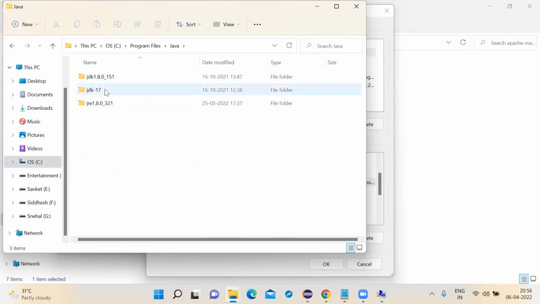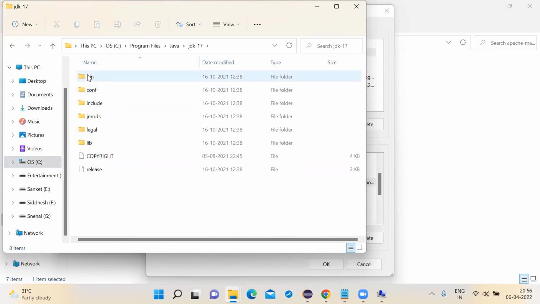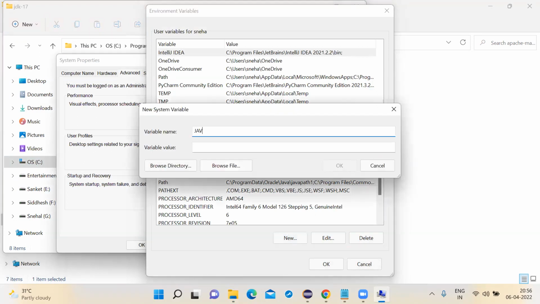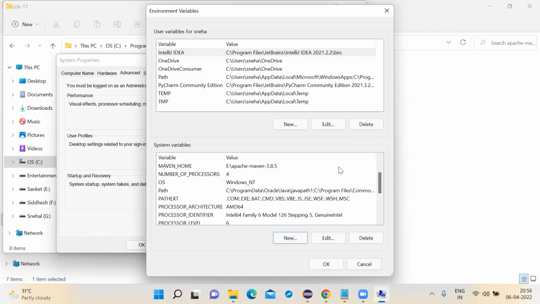Go inside JDK 17, copy the directory, go to environment variable, new variable, JAVA_HOME. Paste the value, click on OK. Click on OK, yes, done. That's it. You can click on OK.